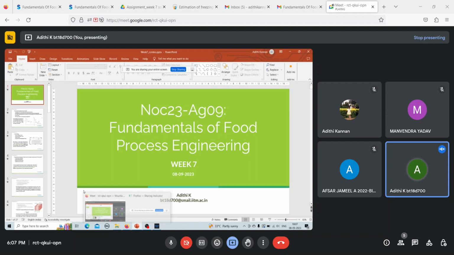Freezers can be grouped according to the rate of movement of the ice front. That is, when you start freezing, you will have more and more accumulation of ice. The faster the ice accumulates, the faster the freezer. If you have a slow freezing or crystallization of the ice, then it's called a slow freezer. So depending on the rate of ice formation, or as we say, the movement of the ice front,